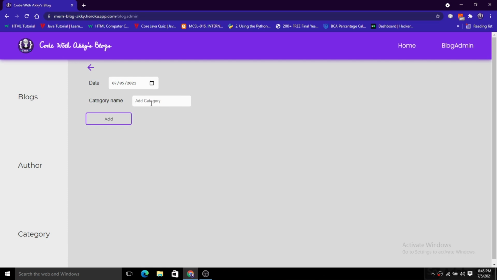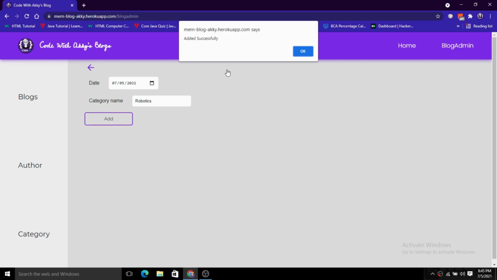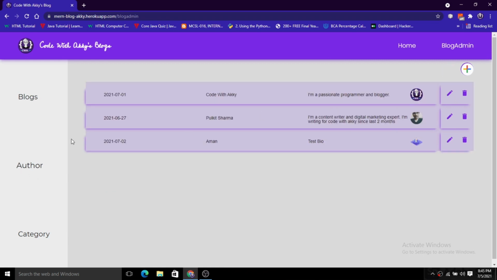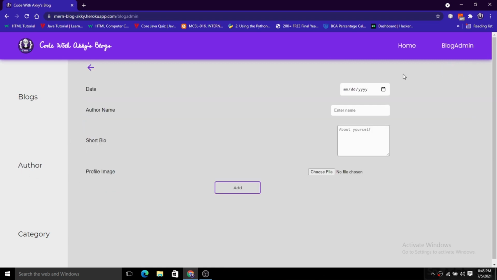Like we just add the category here, robotics, and here we just click on this add, and now you can see the category is added, and now it is showing instantly on our dashboard also. Okay, then we can add the author here also. So let's add the author here. Just give it the name here, test author,